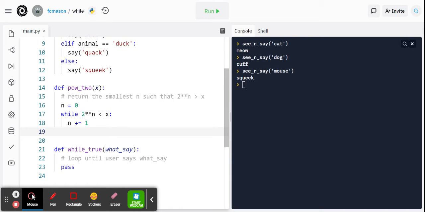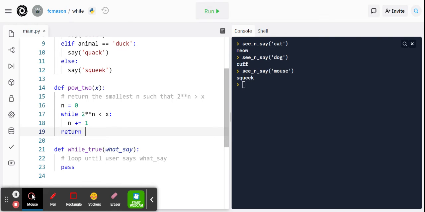And then we would have 2 to the 1 is less than x, which would still be true, and 2 squared less than x, which would still be true, and 2 cubed less than x, 2 cubed is 8, also less than 10. And then finally, n would increment to 4, in which case the Boolean expression 2 to the n less than x would be false. 2 to the fourth is 16. We assume that our input x was 10, so that'll be false, which means that we will no longer execute the body of the while loop, and instead we will skip to the first line of code underneath the body,